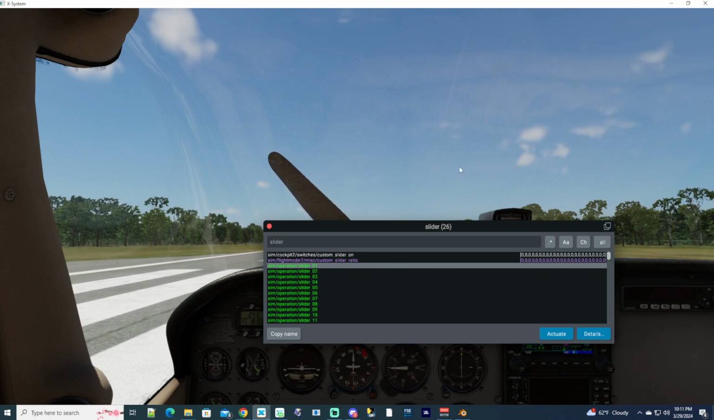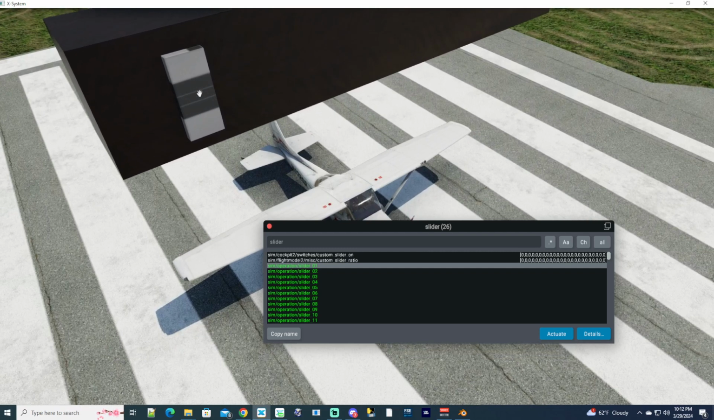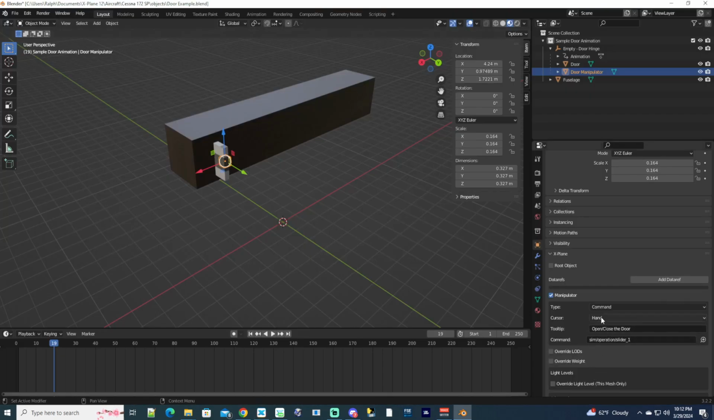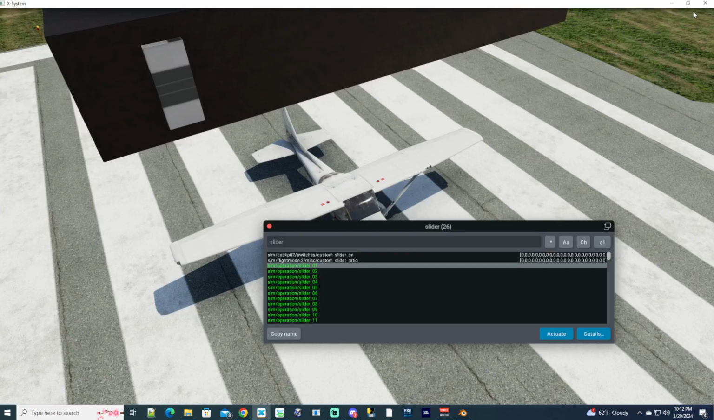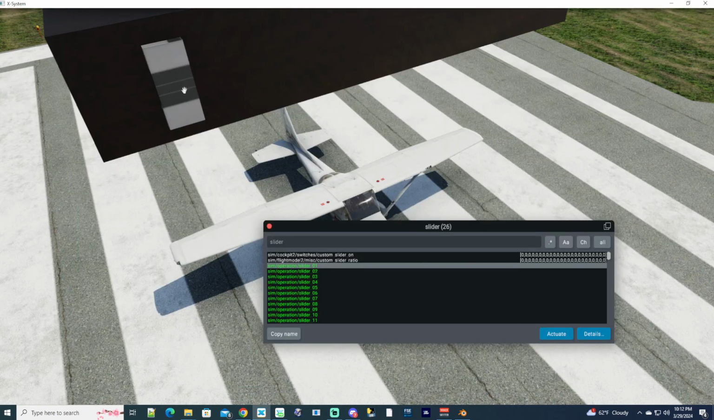Now the VR config is complaining because the VR config references a bunch of stuff in there. All right, so now that we took that object out, you can see it turns into a hand once it's over the top of that manipulator. And that is controlled again in Blender. We had it say hand, and then we also put a tooltip on there, open, close the door. So if we go back into X-Plane and go to our settings, we could say show instrument instructions in the cockpit, done. If we hover over this,